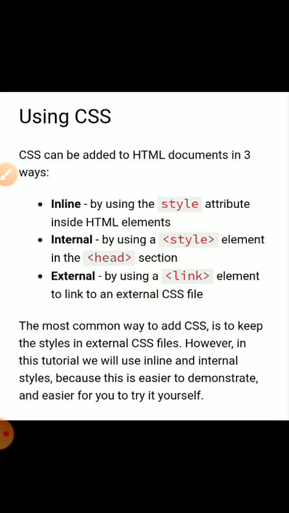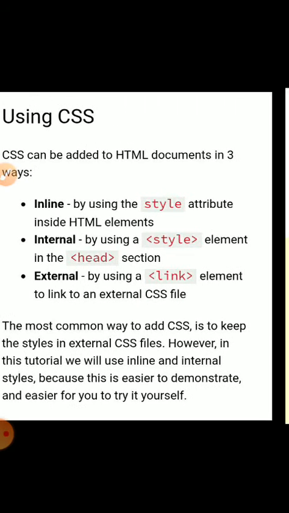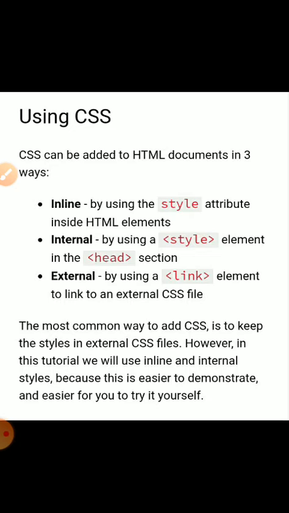It's given on particular elements, we just apply that style on them, so it is called inline. Internal, by using style elements in the head section of the web pages, and external, by using link elements to link the external CSS.